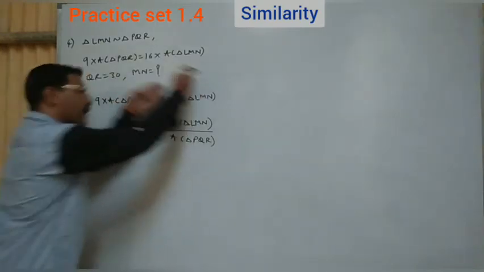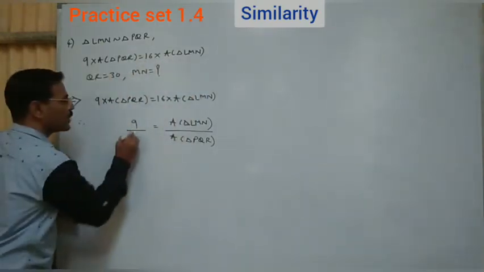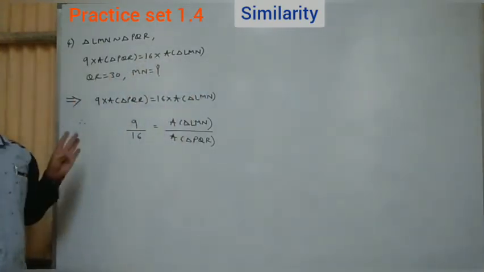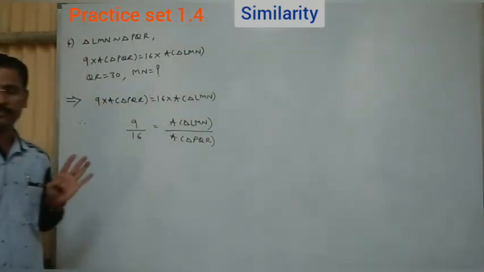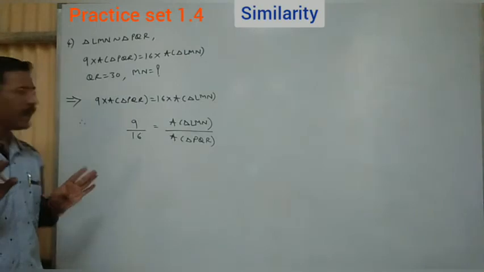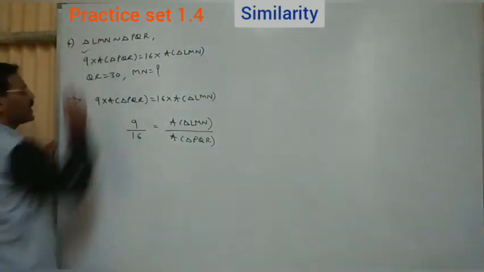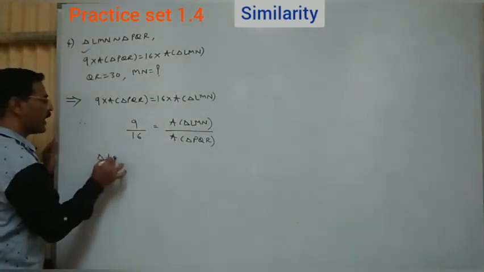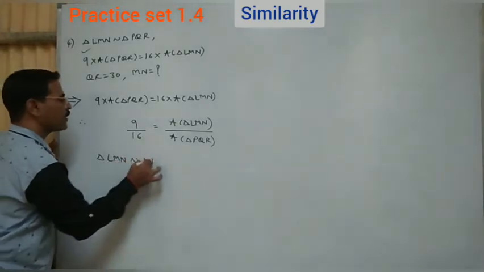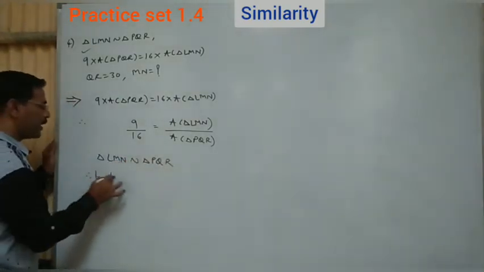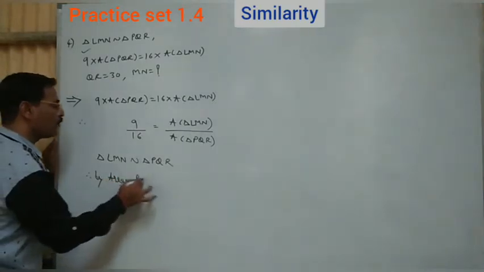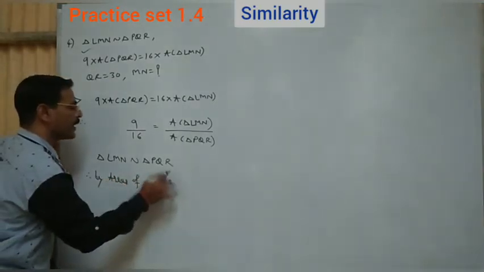That 16 comes to this side, that goes in denominator. This is the given part, as in the previous sum. Okay? Now, as the two triangles are similar, triangle LMN similar to triangle PQR, therefore, by areas of similar triangles,